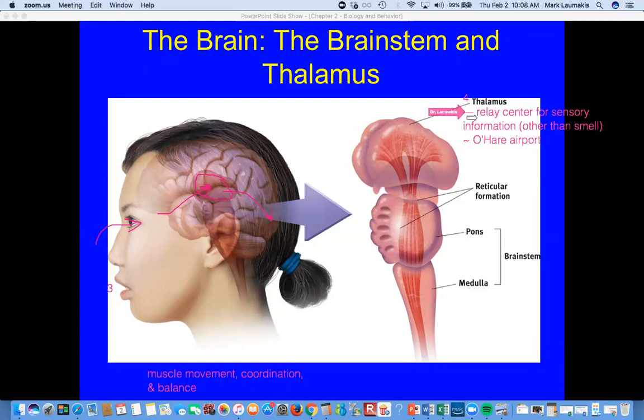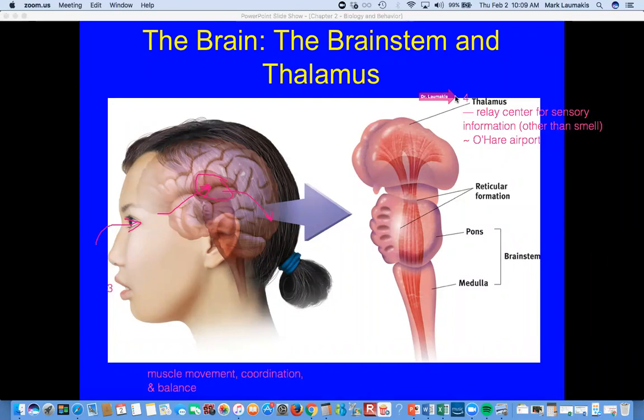Well, in a similar way, everything other than smell, which has a slightly different, more direct route, gets pushed through the thalamus at some point. It's like a switching center or a hub, if the word hub helps you, right? So auditory information will come in through your ears, it will go through the thalamus, and then ultimately it will get distributed out to the temporal lobes, which kind of wrap around your brain and sit in and up from where your ears are, okay? So again, the thalamus is a relay center for sensory information, okay? Let me stop there for a second. Any questions about that?